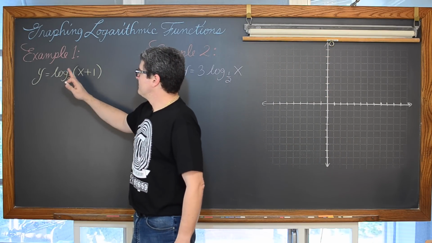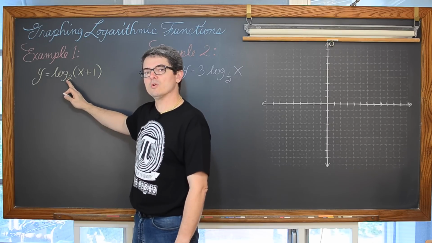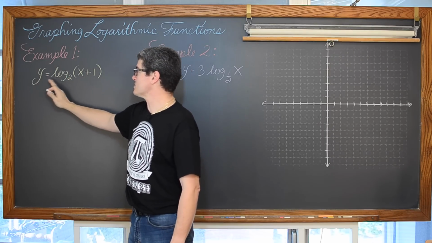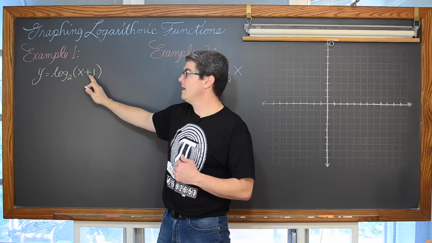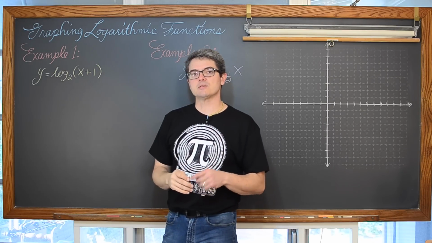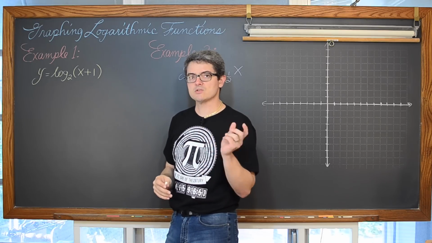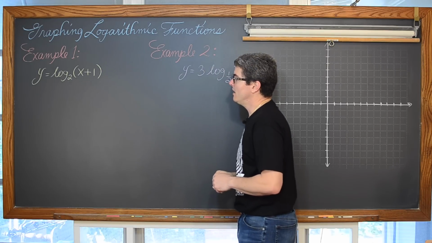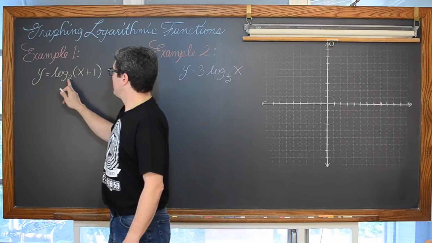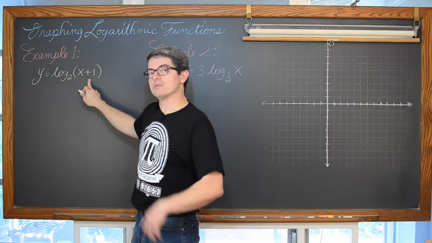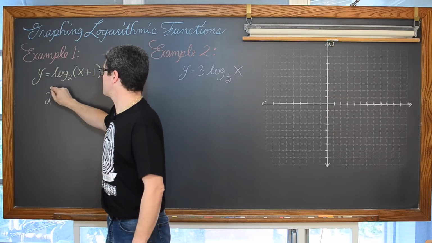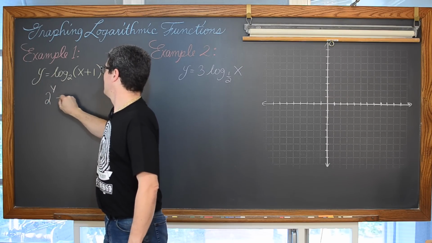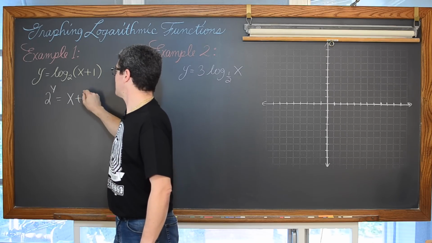Now, just one more time, if you do know your parent functions and you do know your transformations, you'll know that the difference between y equals log base 2 of x plus 1 and y equals log base 2 of just x is a horizontal shift to the left, or translation to the left, of 1 unit. So let's see what this looks like, though, doing this problem with the t-table. We have a base, we have an exponent, and we have an answer. That is, again, how we're going to do these problems without the aid of a calculator. So we have 2 to the y power is equal to x plus 1.